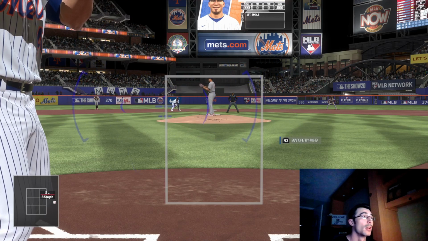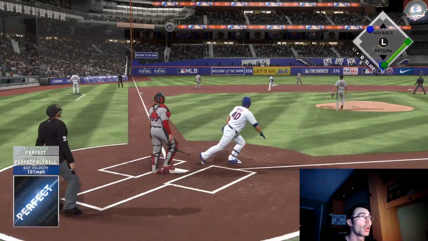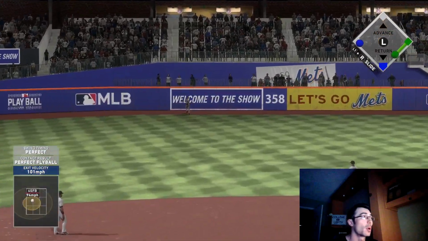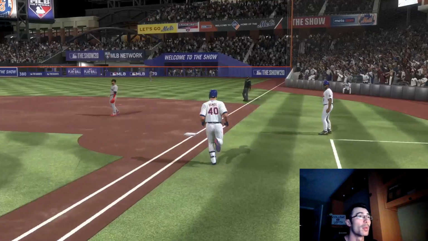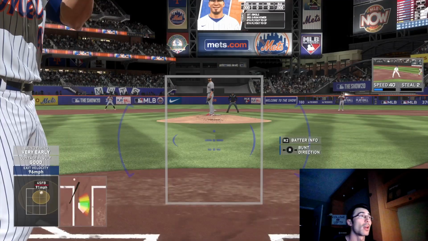As you can see, in the bottom. Actually, I might be hiding it, but it's a 3-2 count. I'm trying to extend the at-bat as long as possible, get that fastball over the middle of the plate, hit it perfectly, and send it out for a home run. Even though it's not required,